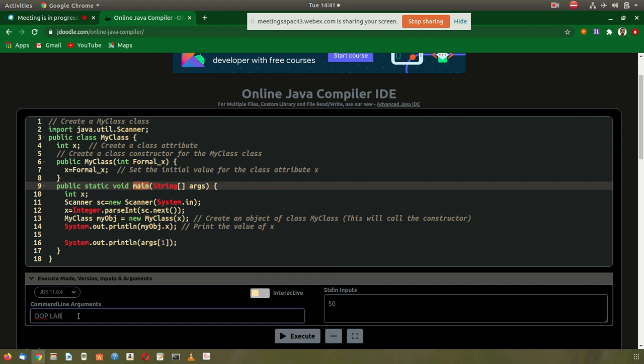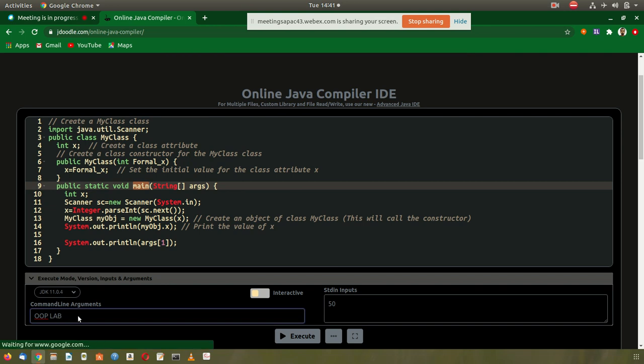But if you want to give values at the moment the program starts, then it is the main function, and the values given are called command line arguments.